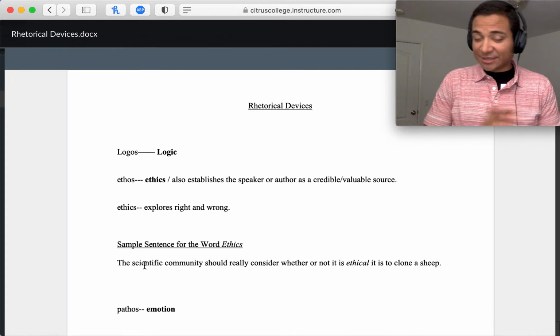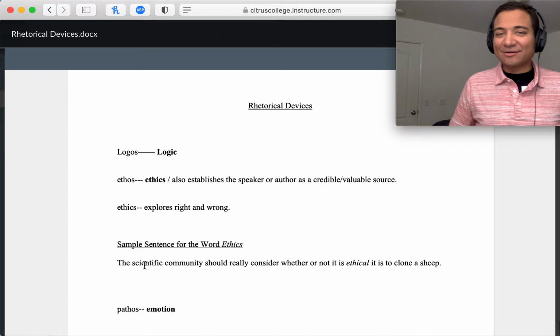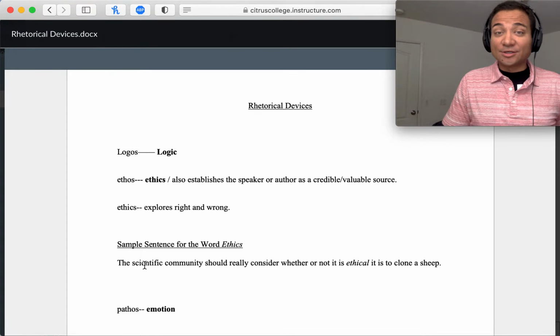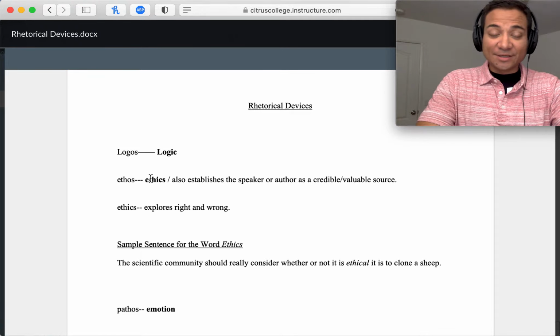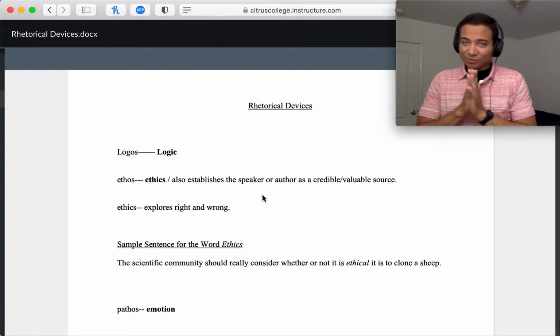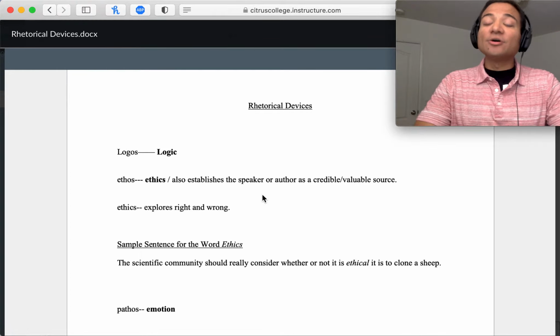Stem cell research, is that ethical? Like, when you think about just how right is this? Just how correct is this? Just how moral is this? Just how good is this? Yeah? Exploring right and wrong. It's an appeal to ethics. That's what ethos is. In addition to that, ethos also establishes the speaker or author as a credible or valuable